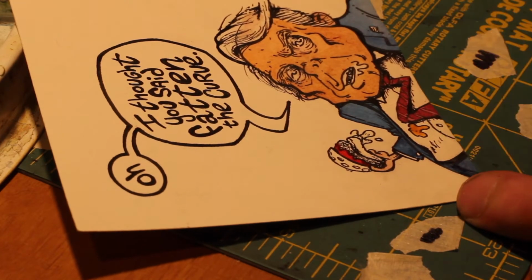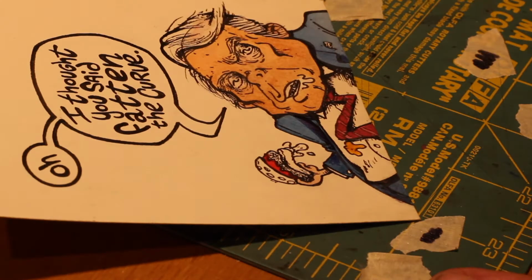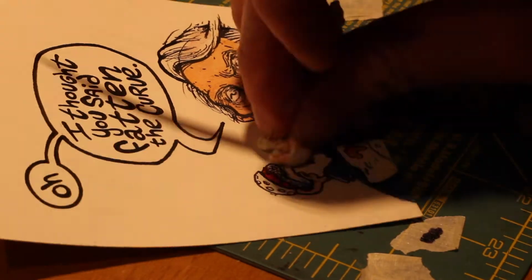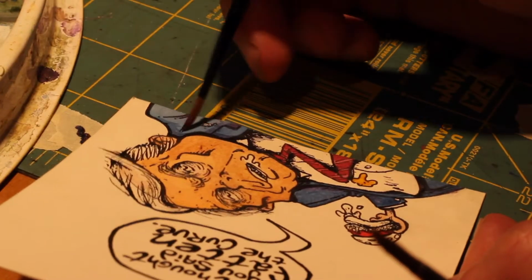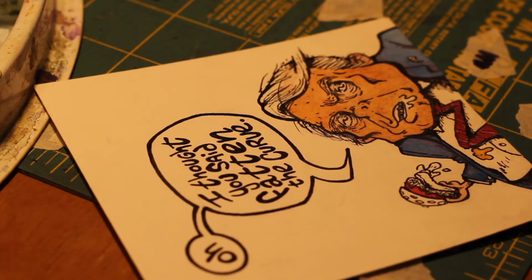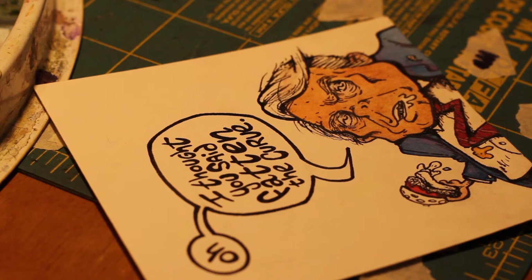I thought mustard stains were probably the best. I just watched a TV show where a guy had mustard stains. Oh, you know what it was? It was The Sopranos, and Tony Soprano walked into his room or something, and he had a mustard stain because he had just eaten a hot dog, and I thought that was pretty funny. So I thought, give him a mustard stain,